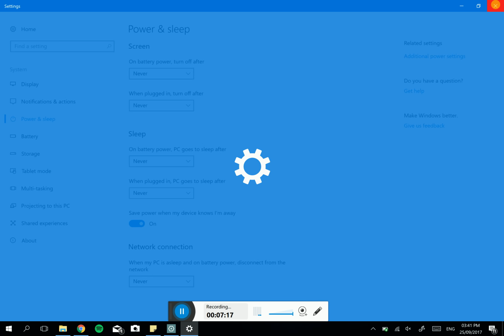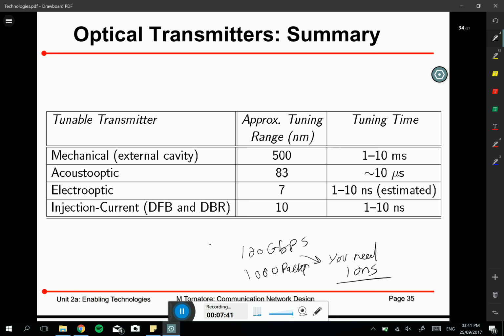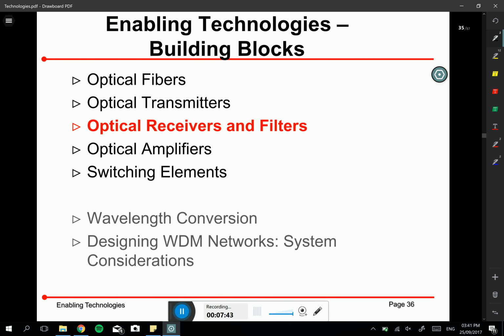So, exactly, this was the point at which we were last time. We were starting to talk about the other side of the system. Now you have transmitted, you go through the fiber, you receive, you filter first, and then you receive the signal. So, detection or reception of a signal is actually, again, quite